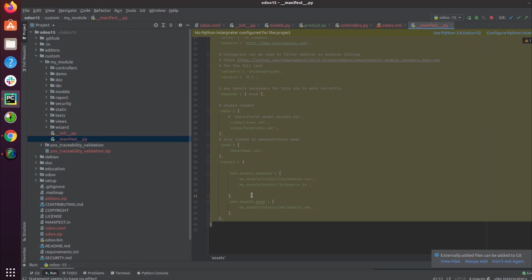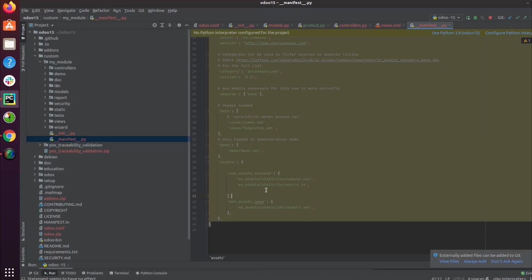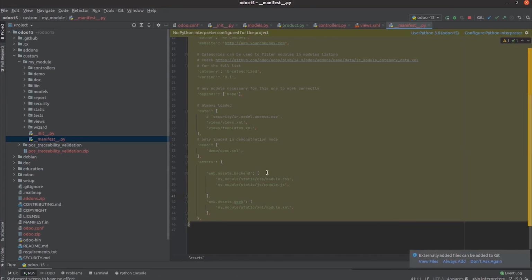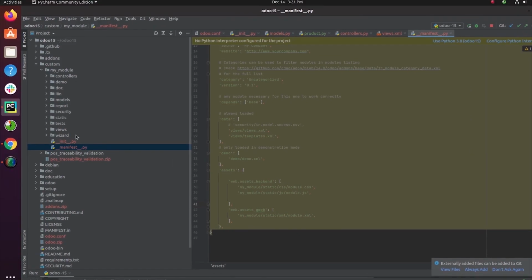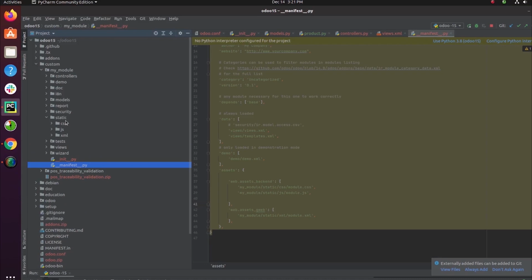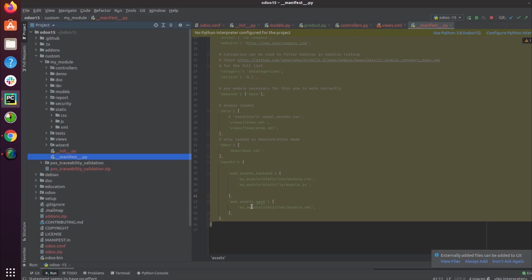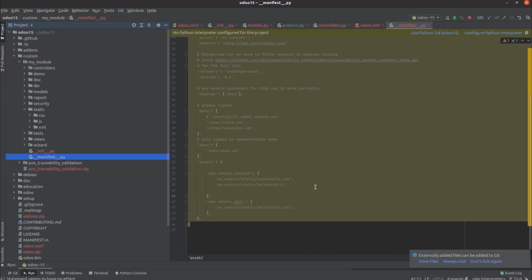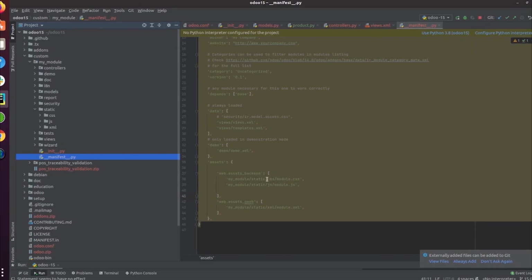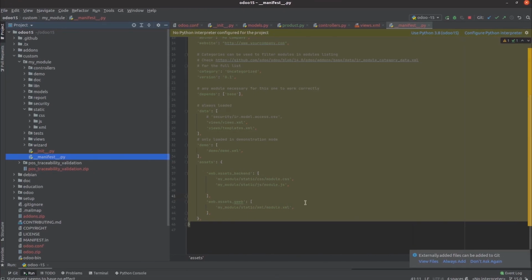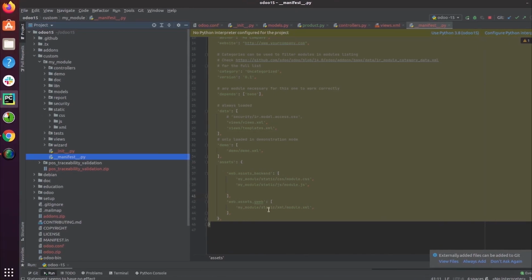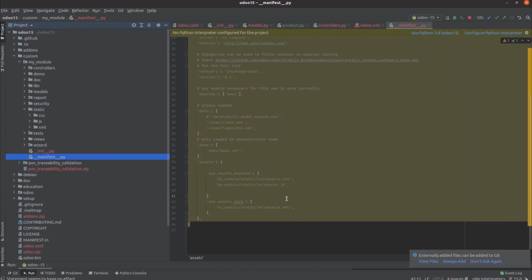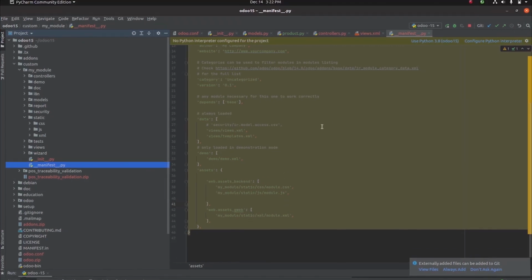And then moving to the assets, apart from Odoo 14, Odoo 15 added a new feature in the manifest, that is these assets. That means the static web files which include the CSS, JS or image files that we add under the static directory can be added under the manifest like this. For example, if it is a CSS or JS file, we can add it under web.assets_backend. And if it is an XML file, we can add it under web.assets_qweb. This is a new feature that is opted in Odoo 15.